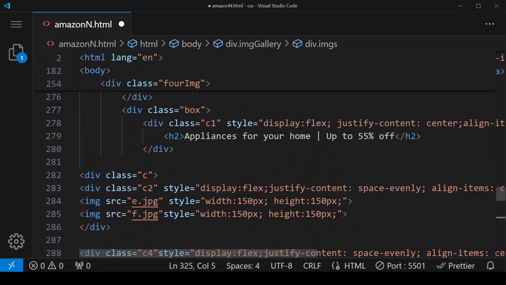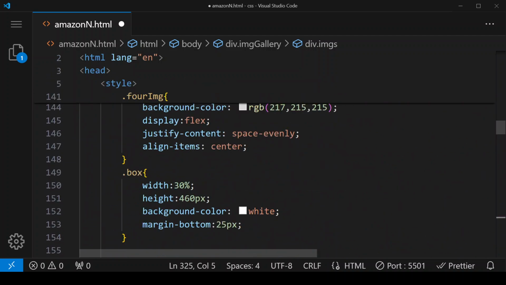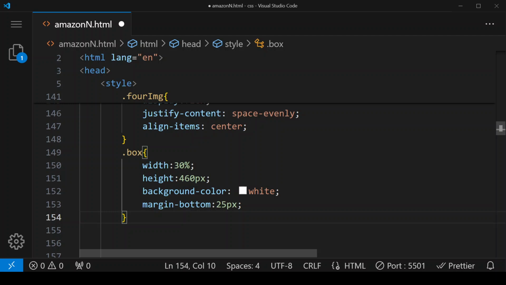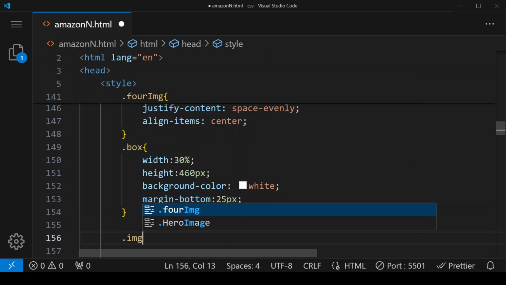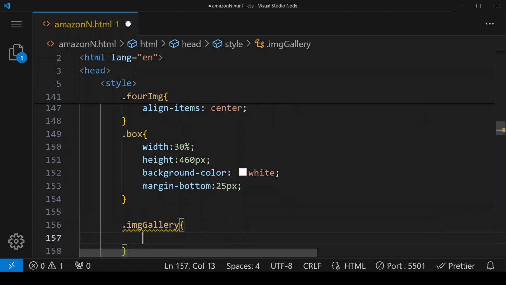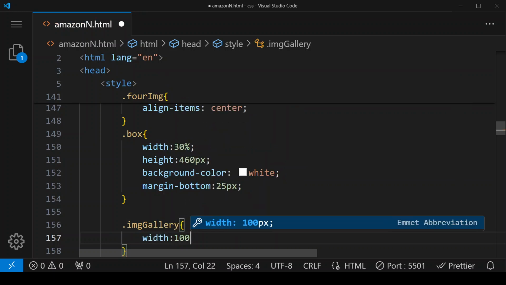Now here we'll be designing two more classes. The first class we have to design is dot image gallery, to which we are giving a width of 100%.